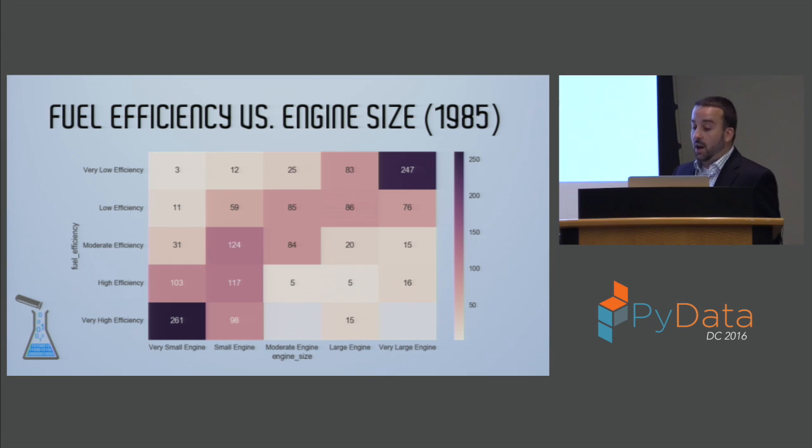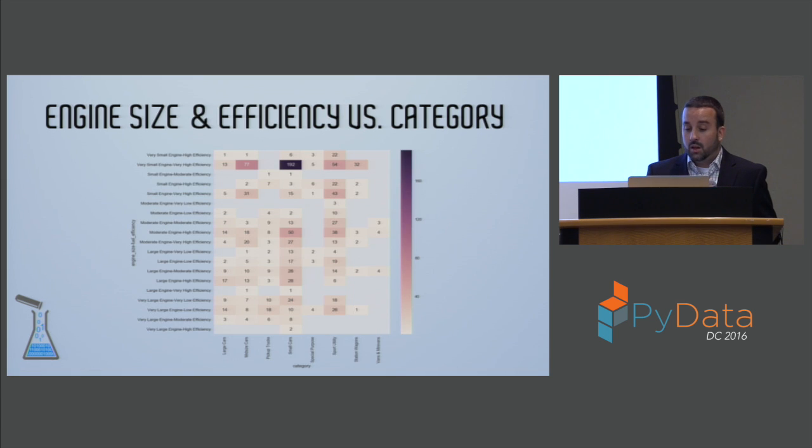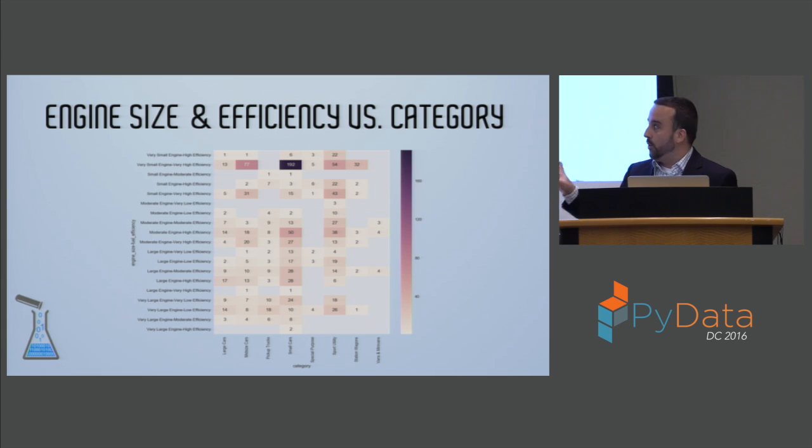And so with this approach, we're not just limited to 2 variables. We can have multiple variables for any of the axes, and it'll show all the different combinations of values for those variables by whatever other variables we want. And so in this heat map, I've doubled up on the rows. I've got the engine size and the fuel efficiency combinations represented by the rows, and then we've added a third variable, the vehicle category, across the columns on the bottom there. And so now you can see a finer level of detail about what types of cars have what size engines and what level of fuel efficiency. We've added a little bit more complexity and a little bit more granularity to how we're viewing the data here.